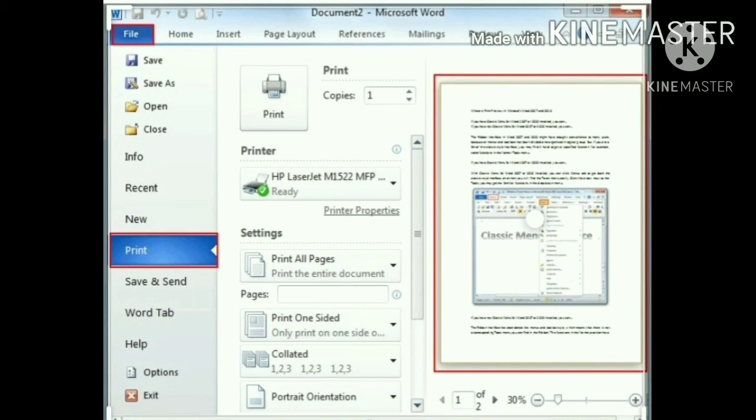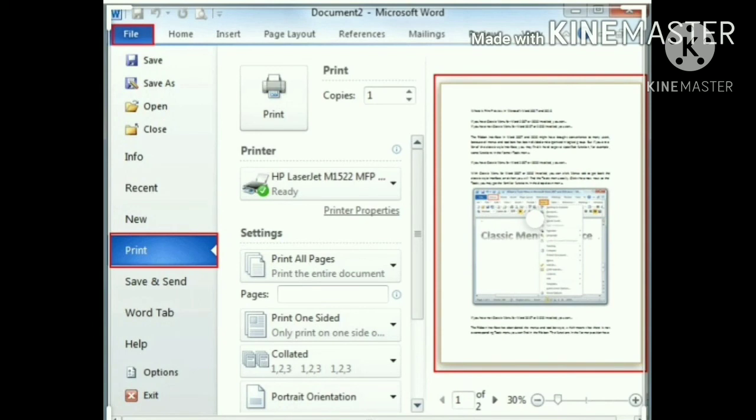Printing a document. To print a document, follow the given steps. Click the File tab. Next, select the Print option from the menu that appears. Choose the pages to print in the page range box by selecting one of the following options available. First, Print All Pages. This prints all pages of the document.